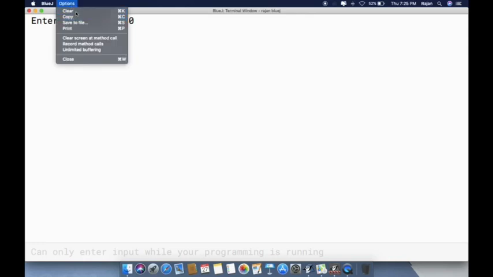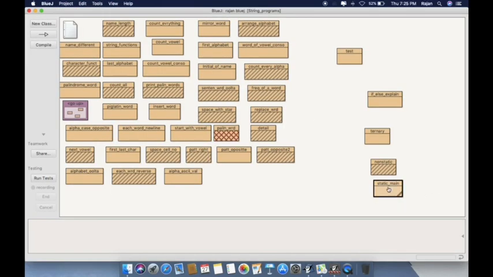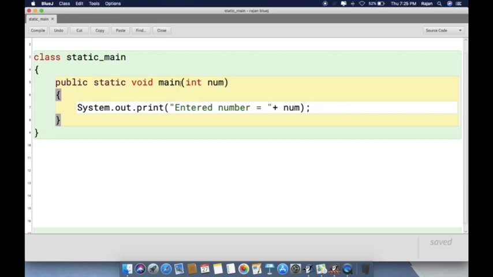Now clear, close, double click. Now I have shown you the example of static and non-static functions. The first example had the function name as display. The second had main, but it was not a static function. In this third example you can see main, and it's a static function also. So I hope this will help you in accepting the value from the user in different ways.